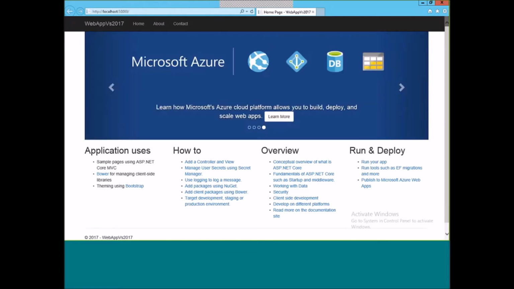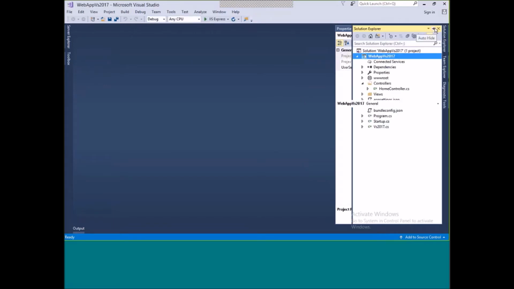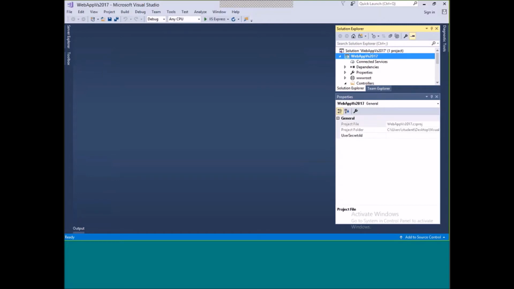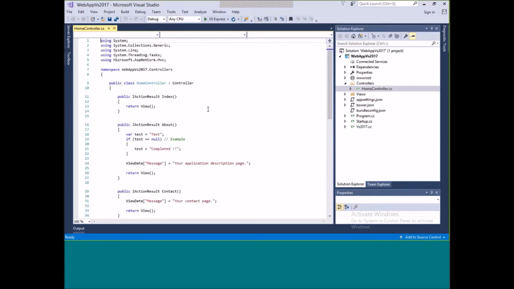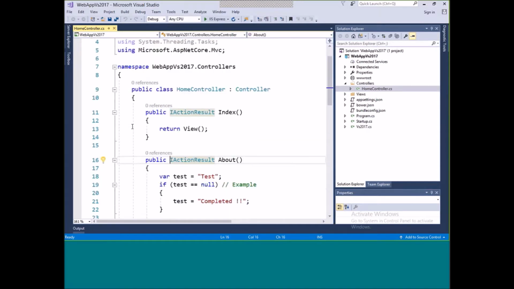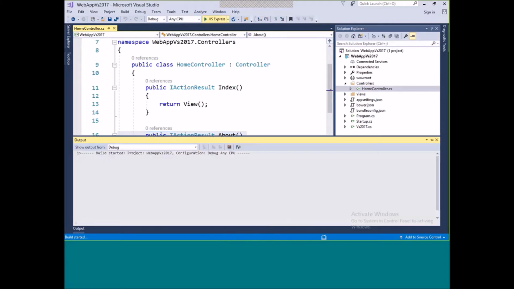That's fine. I would like to insert some breakpoints in there and see what's going on. So let's pin this down here. Let's say in my home controller over here, I would like to put a breakpoint on the about action. So I'd like to break at this point and break the execution. So I'll go ahead here and put a breakpoint in there. Okay. And if I run the code